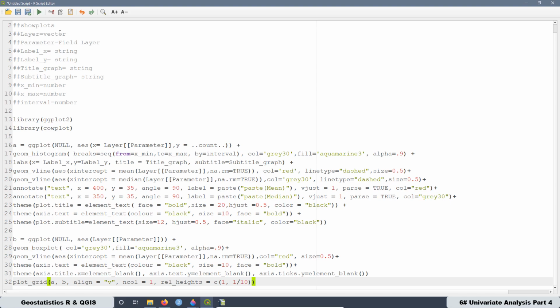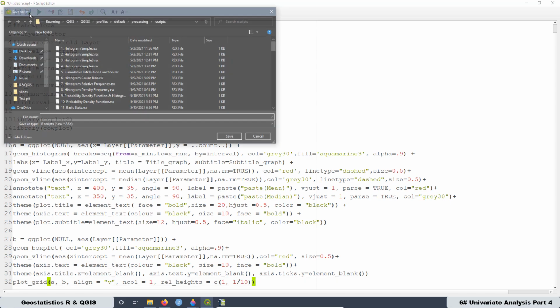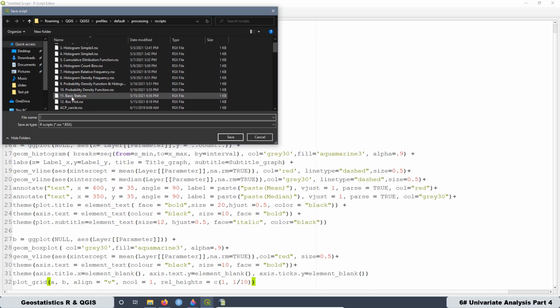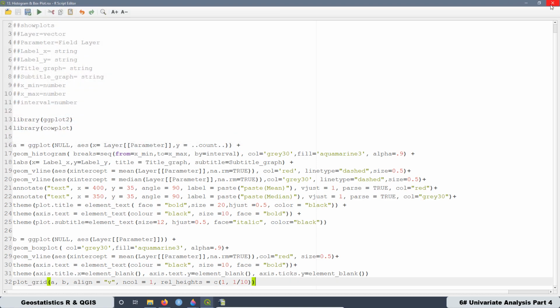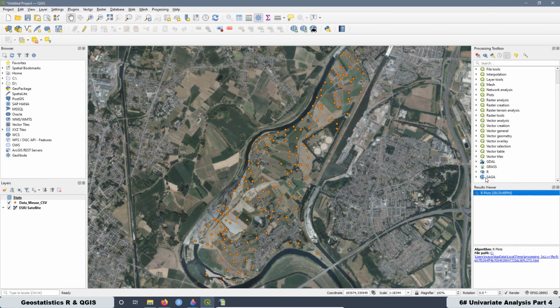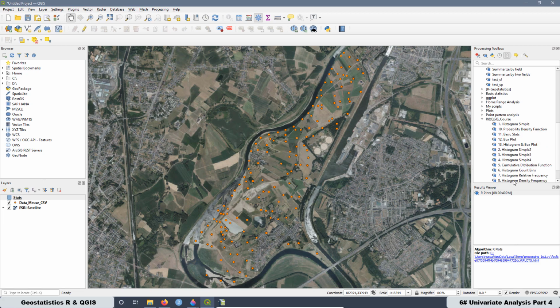Okay, now I'm going to save this one as 13, and it's going to be histogram plus box plot. And let's save. Let's close this one, and let's run the script. This one is 13,